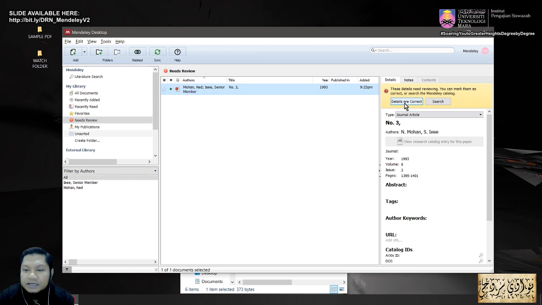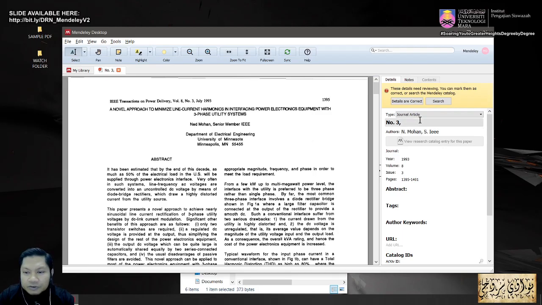So I'm going to click here. Okay, it will ask me whether the details are correct, or whether you're going to use Google Scholar. There is a search button here, which means it will go to Google Scholar and search for the details that you put here that match the one in Google Scholar. So here, of course, you have to type in the correct title of the article. So what I'm going to do here is click these papers. I'm going to write the title of this paper: